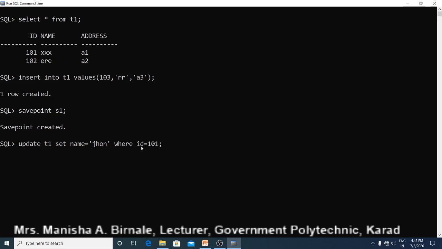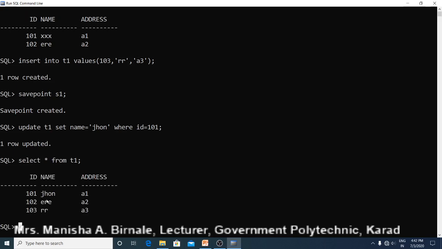We have updated the name of person whose ID is 101. Previously name was XXX. One row updated. Let us see using select command. The name is updated. So after save point S1, we have updated this name.